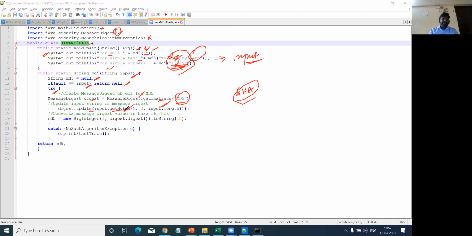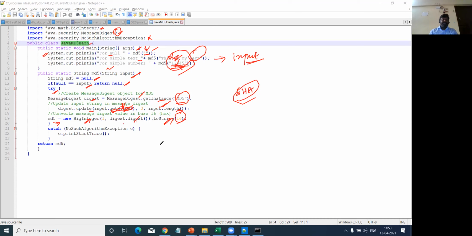Get inputs, here all the input values which you are passing to this MD5 function will be taken in terms of bytes. So here the length of the input is going to be counted, and followed by, this is our actual MD5 algorithm, right, which is going to consider this BigInteger value depending on the size of the input which we pass, right? And the digest function, whatever digest function we declared here, that function is going to be called, and finally it is going to convert the value to a string, 16 in size maximum.